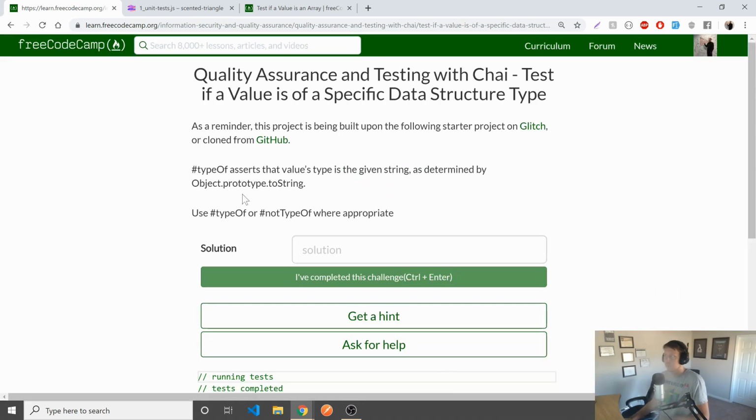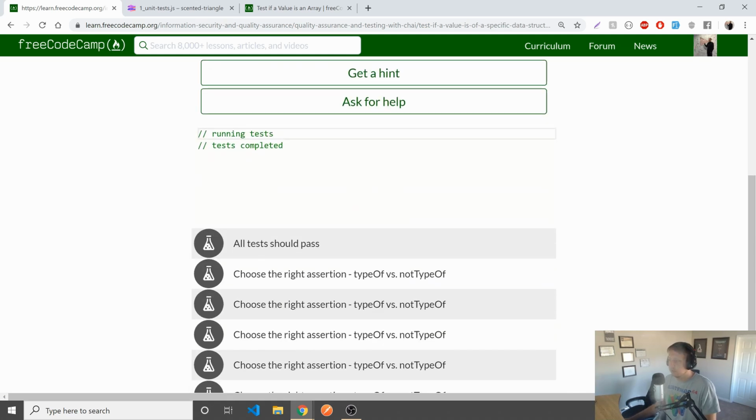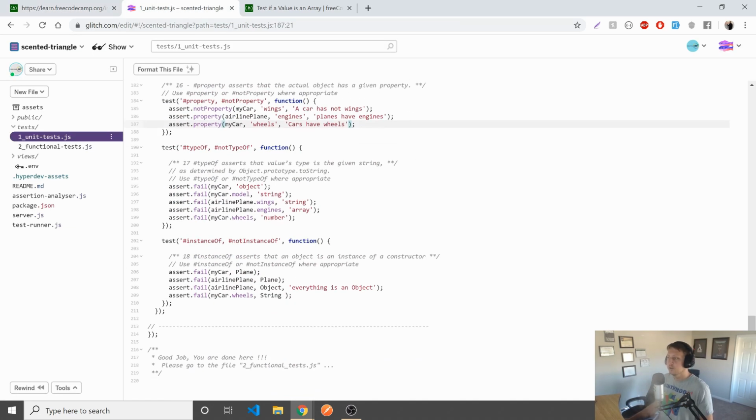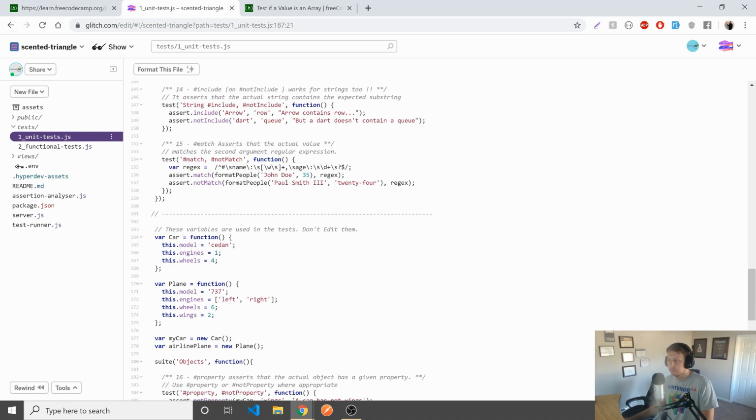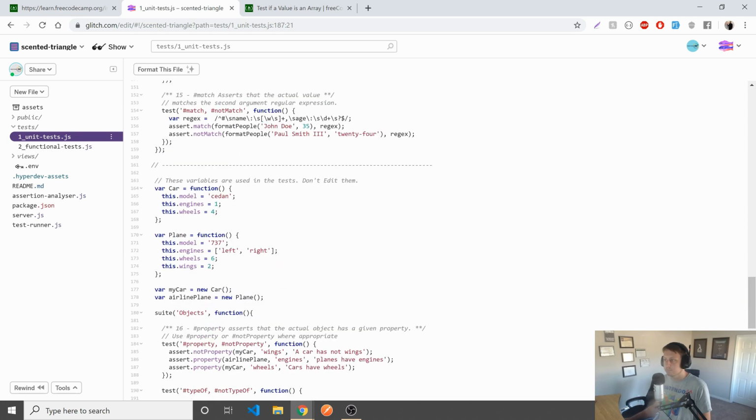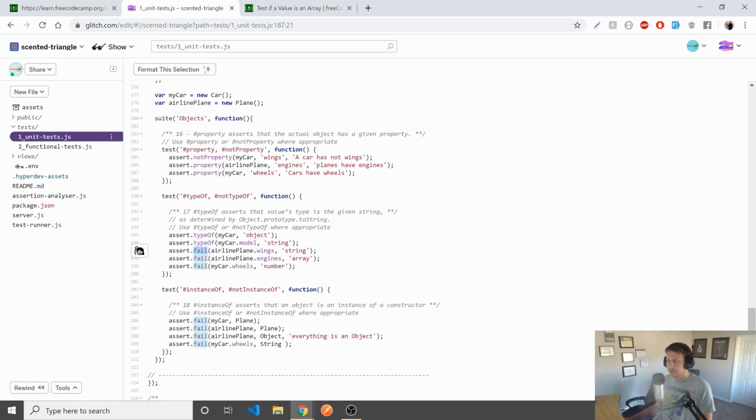Very nice. Excellent. All right, now we are going to do type of versus not type of, and this is going to check the prototype. All right, so type of my car is object. That's going to be true. MyCar.model is going to be string, so that's going to be type of. And then airplane.wings is going to be a number, so we're going to say that's not type of. And then airplane.engines was an array, so